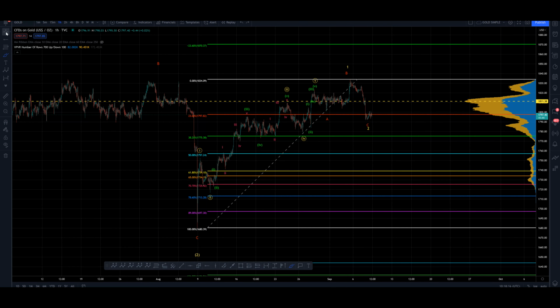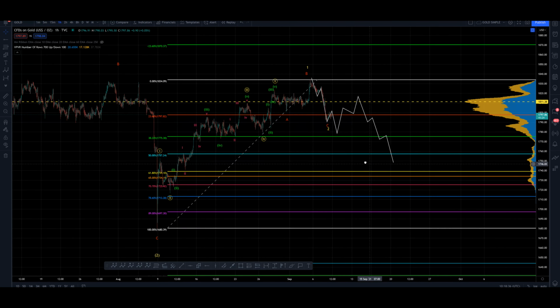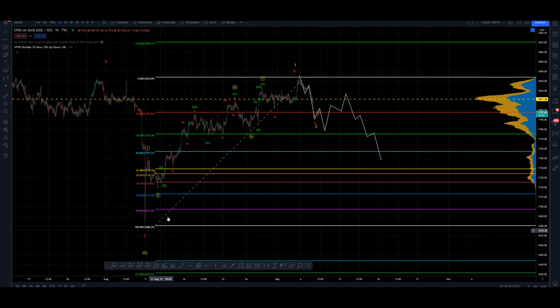If it is a zigzag, I think this is the initial 5-wave move that we're seeing here. So that would be 5 waves down into an A, and then a 3-wave retrace into a B, and then a 5-wave move down into a C, and you'd end up with a zigzag like this. That would bring us down deeper, and that would be a potentially very interesting buying opportunity here, so close to the lows. So that's something to keep an eye on.